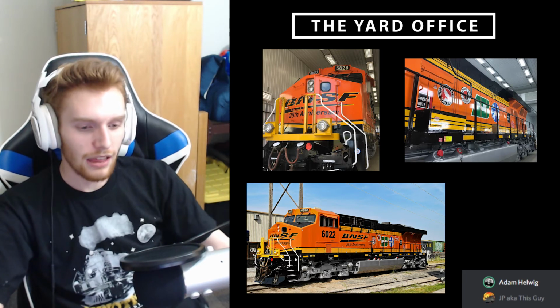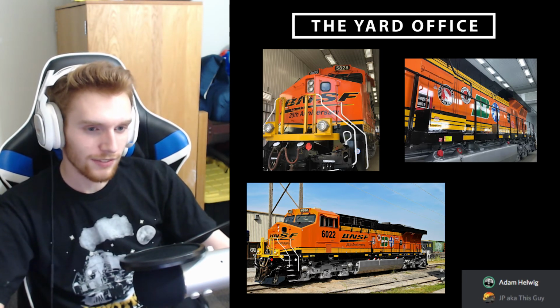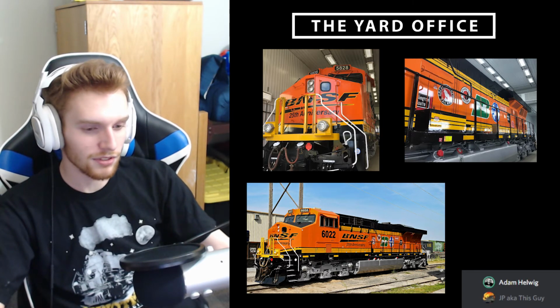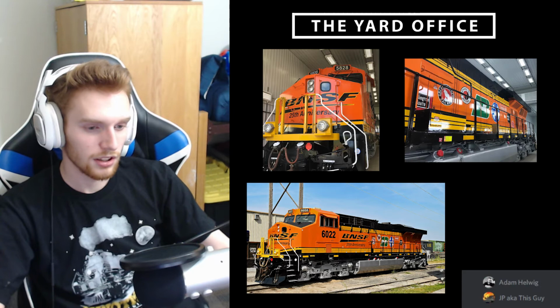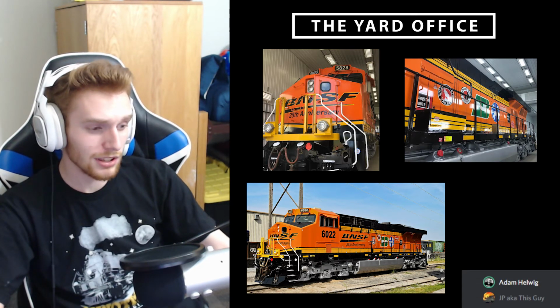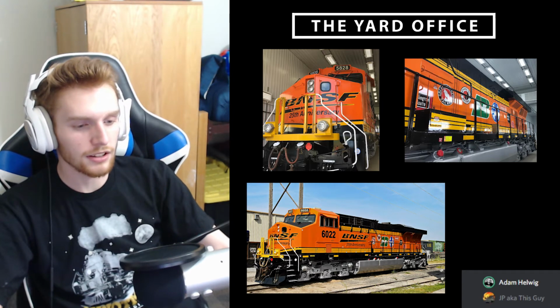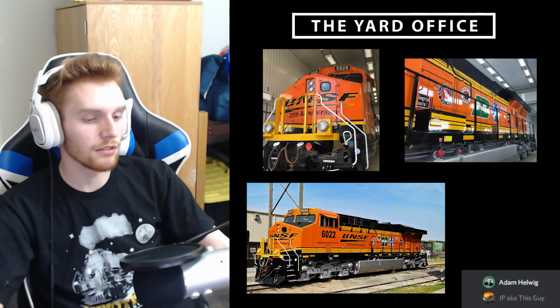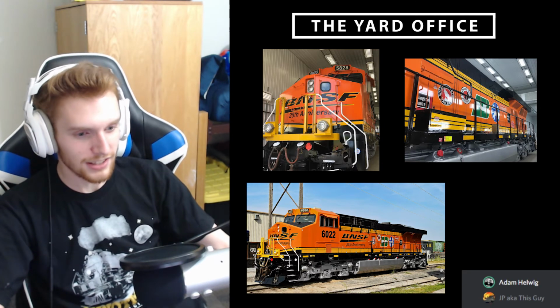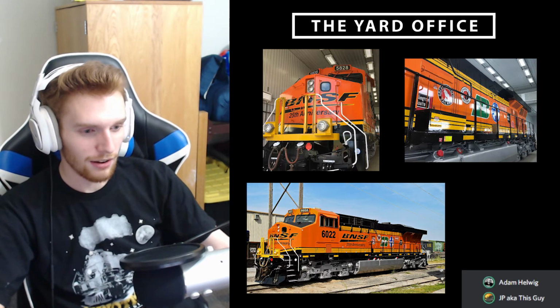I don't know. Every time I look at one of these 25th anniversary units, it's just such a missed opportunity. The BNSF could have done so much with those, and they didn't, and that's the most upsetting thing. Personally, I've always liked the BN Cascade Green, because I remember growing up I had Trains 2006 on my computer, and I always used the BN